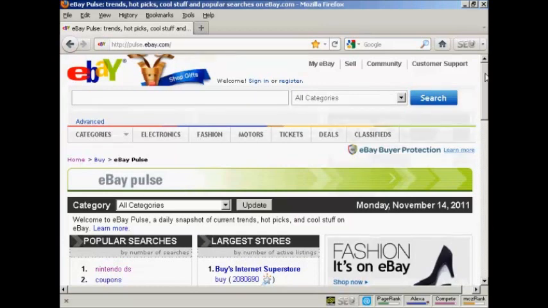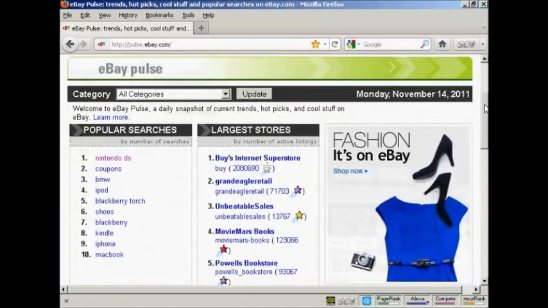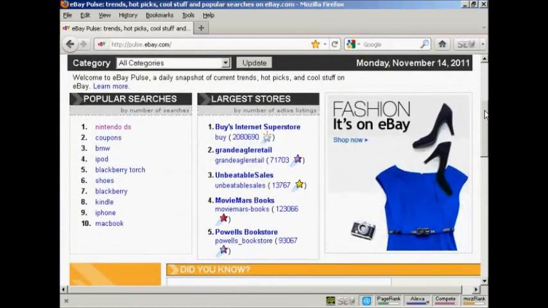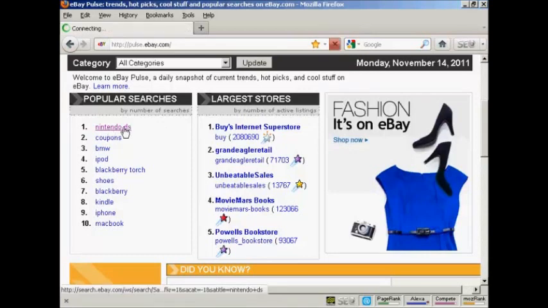When you come to the site, you'll notice several things. First of all, and probably the most important one, is the popular searches. This tells you what people are looking for on eBay. When they go to eBay and they do a search, this is what's being typed in most often. And let's just take a look at the most popular search at the time that I'm recording this video, which is Nintendo DS. If I click on that link,